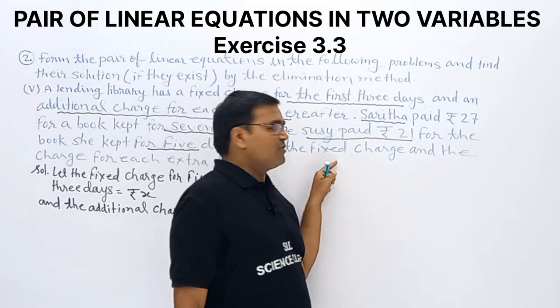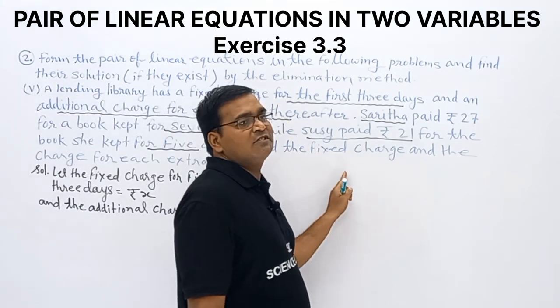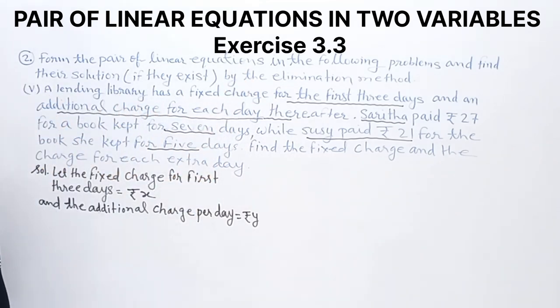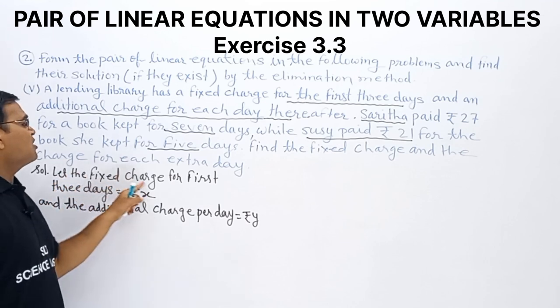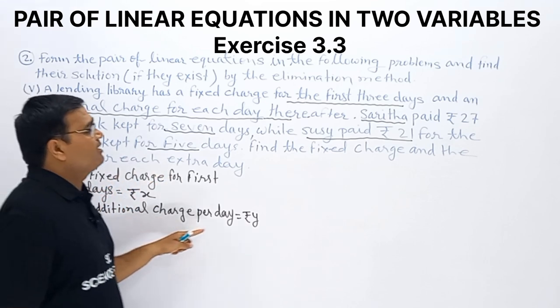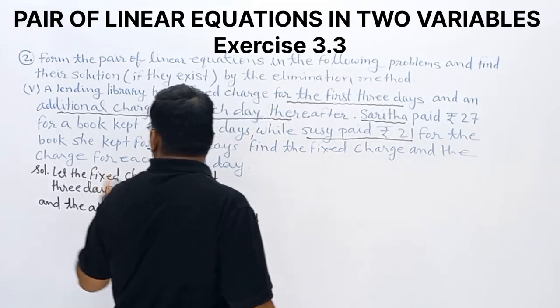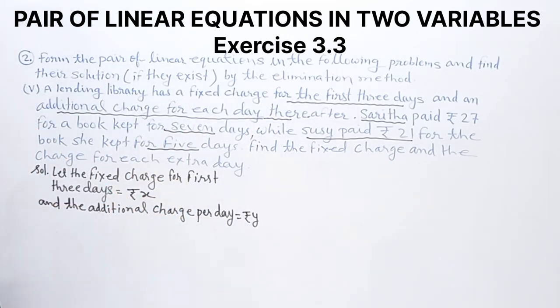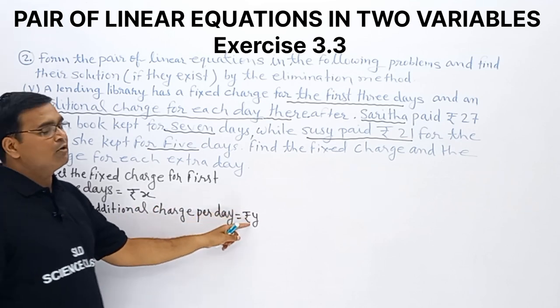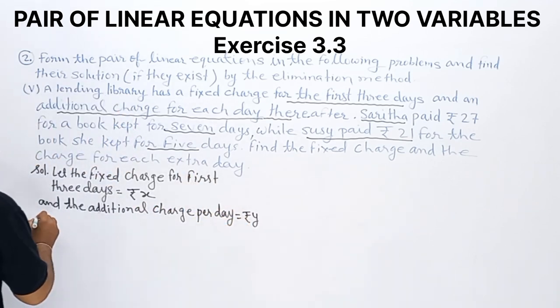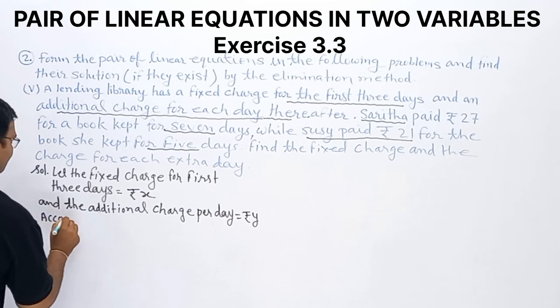Find the fixed charge. The library gives books for 3 days and has a fixed charge. So let the fixed charge for the first 3 days be rupees X. And the charge for each extra day, after 3 days, each day additional charge, we assumed as rupees Y. Clear? According to the question,